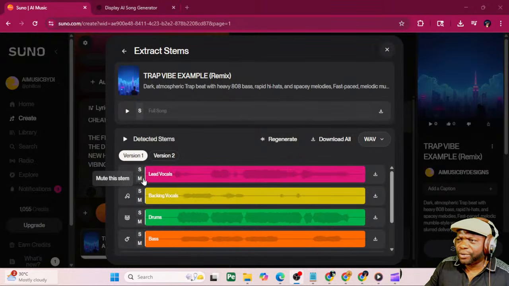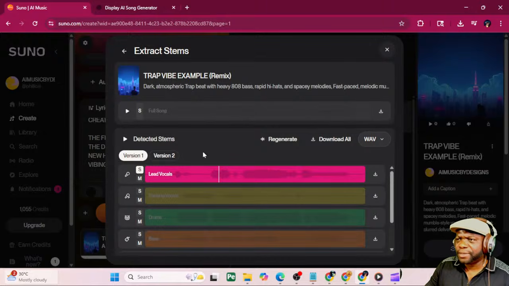This is the lead vocal. You can see the waveform, right? Where the waveform appears, you can listen to whatever you have there. So I'm going to hit S for solo. I'm just going to play it. Just the